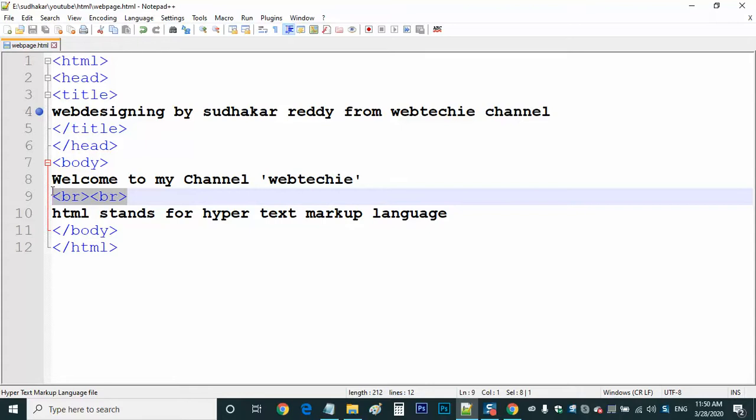So friends, I told you that not all tags depend on an opening and closing tag. Certain tags, at least 20 to 30% of the tags, do not require closing. Just open it, that's it. They are called independent tags. So the break tag does not require any closing tag. So I am removing this one extra break tag. That is what we added in this video. Now let me reload it.